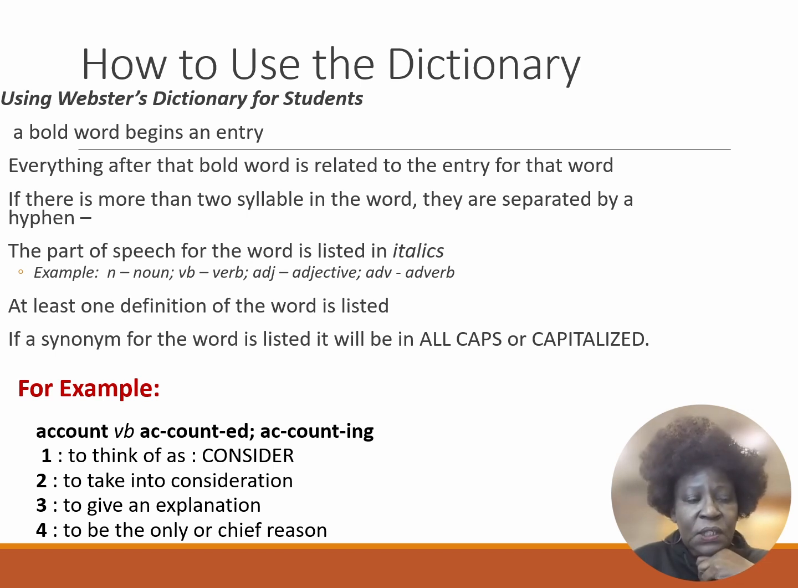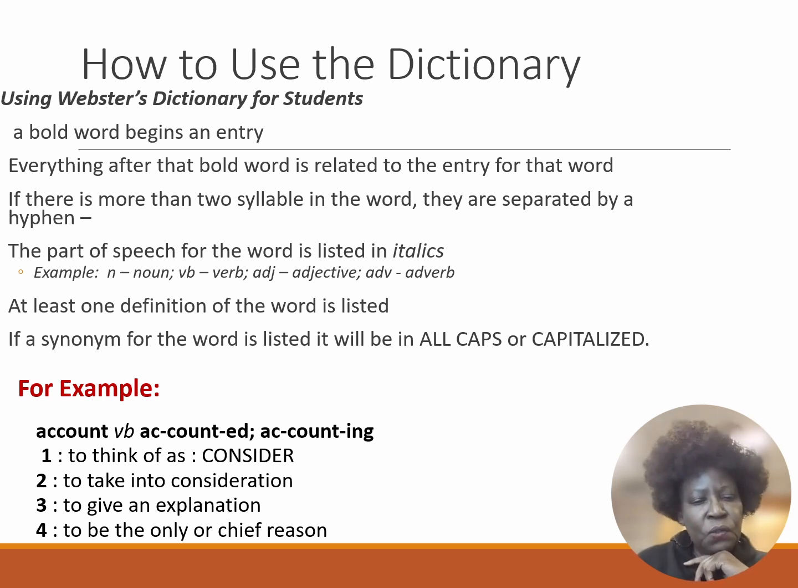So, when you're using the dictionary, a paper copy of the dictionary, or even an online copy, each word will start out with a bold word or bold entry, okay? Everything after that bold word or dark word is going to be related to that particular word. If there's more than two syllables in the word, they're going to be separated by a hyphen, okay? Also,